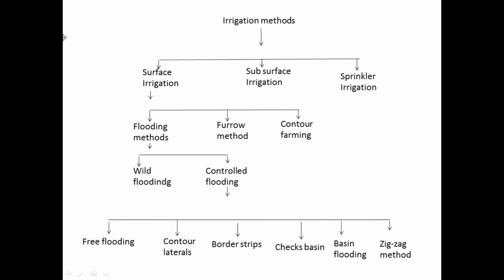Now, the method of irrigation should also fulfill some objectives. Because our requirements are different and we are adopting different methods, we cannot get a proper result in our particular crop. The method of irrigation should be such that an adequate amount of water is stored in the root zone. Our main aim is that we have to store the maximum amount of water in our root zone. The method should ensure uniform application of water.